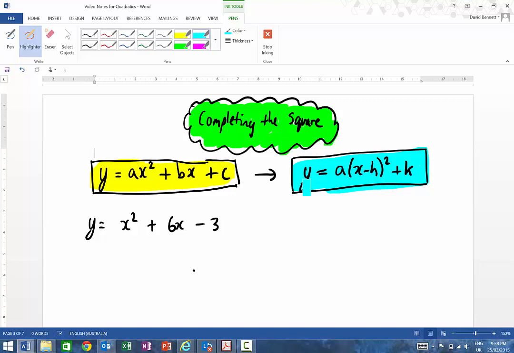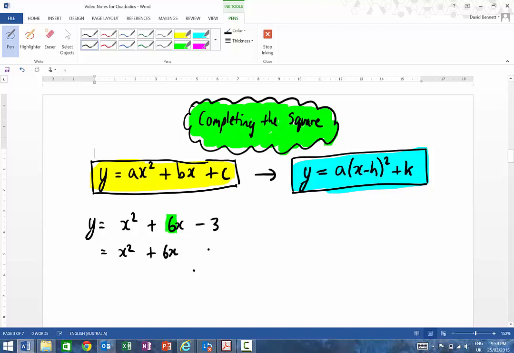The process is actually quite simple. When we go through this process, this is how it works. You think about this number in the middle here, and what you're going to do is halve it. So what I'm going to do is rewrite this as y equals x squared plus 6x,